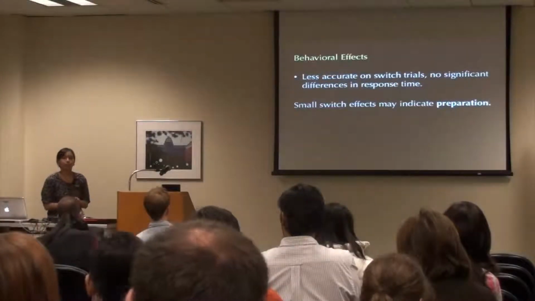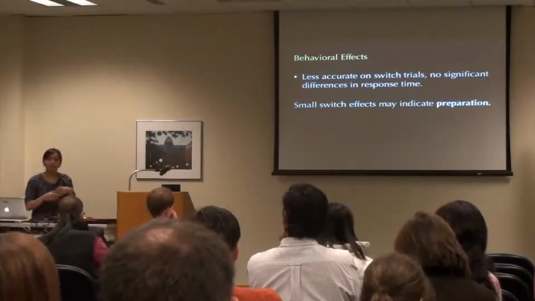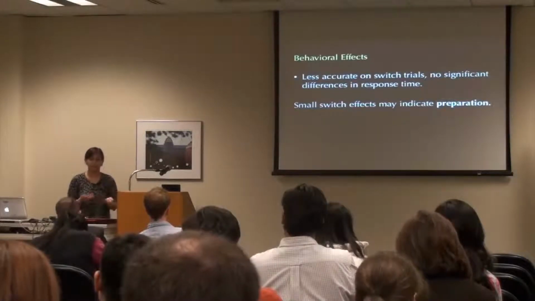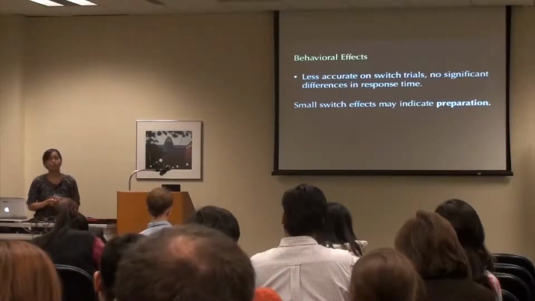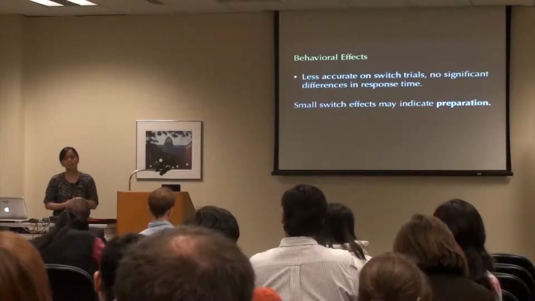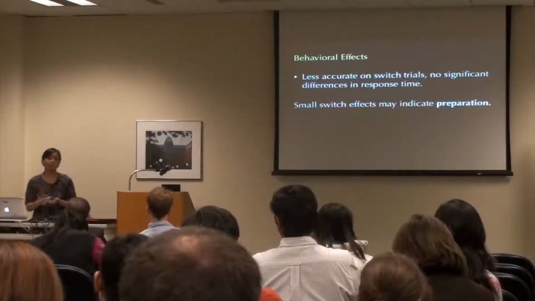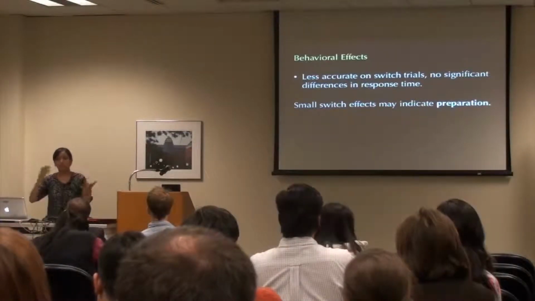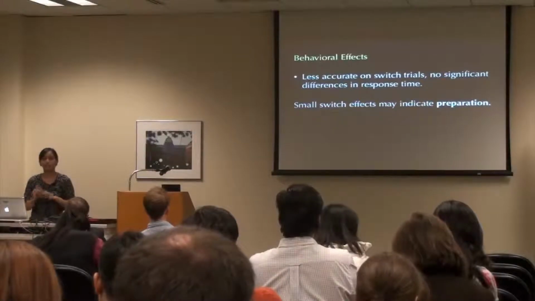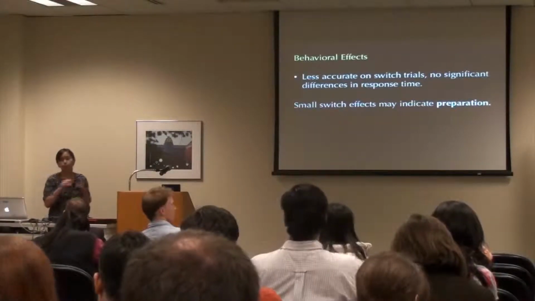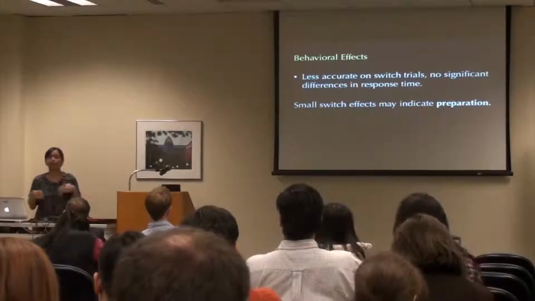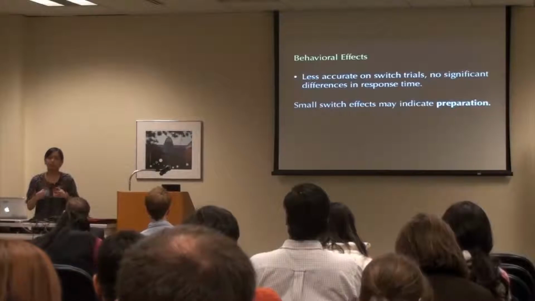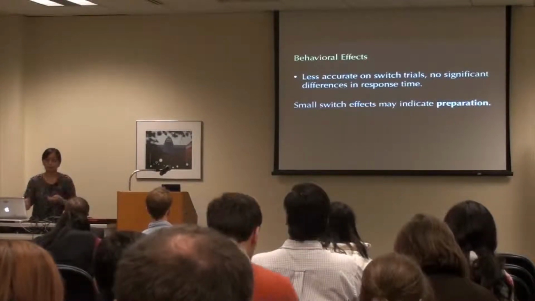In terms of behavior, what we see is that we have this usual effect where participants are less accurate or create more errors in switch trials compared to repeat trials. But in terms of reaction time, or how fast they respond, when we compare switch and repeat trials, the effect is only marginal. And it might be because the task that we're using is easy. We're just switching between hand response and mouth response, and not between two totally different tasks. But it might also be because we give them this preparatory period, and they in fact utilize this preparatory period and recruit these control mechanisms in order to prepare for the task.